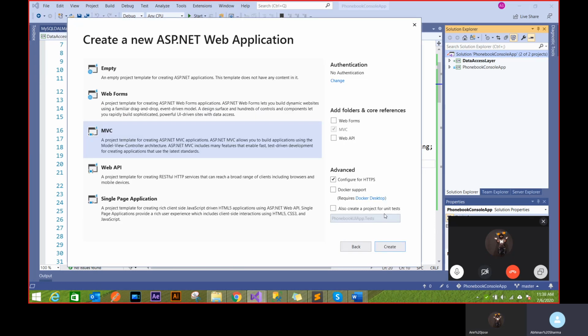now this new pop-up comes into picture. And you'll see there are multiple ways to create a .NET application. There's an empty thing, totally blank. You add everything from scratch. Nobody really uses that unless you want to really take control of everything. So we won't be going with empty.